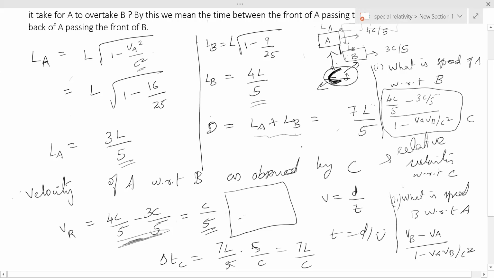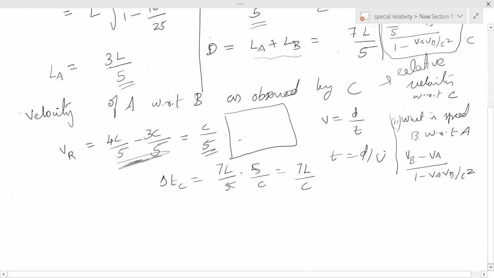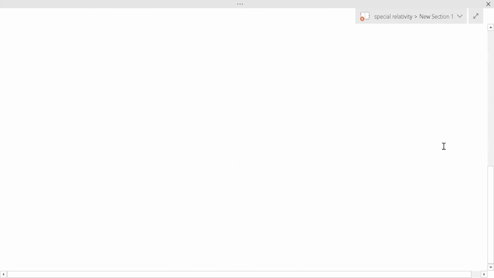Is this clear? I'll just explain this for the record. So suppose we have two objects, A and B,